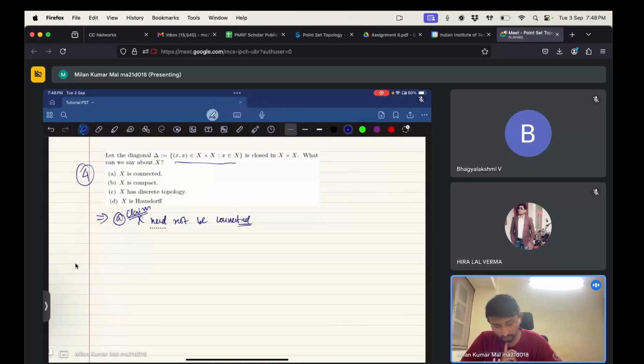Not connected. Option D, X is Hausdorff, that I will prove. X has the discrete topology, so X need not be connected. Let's take X equals R with